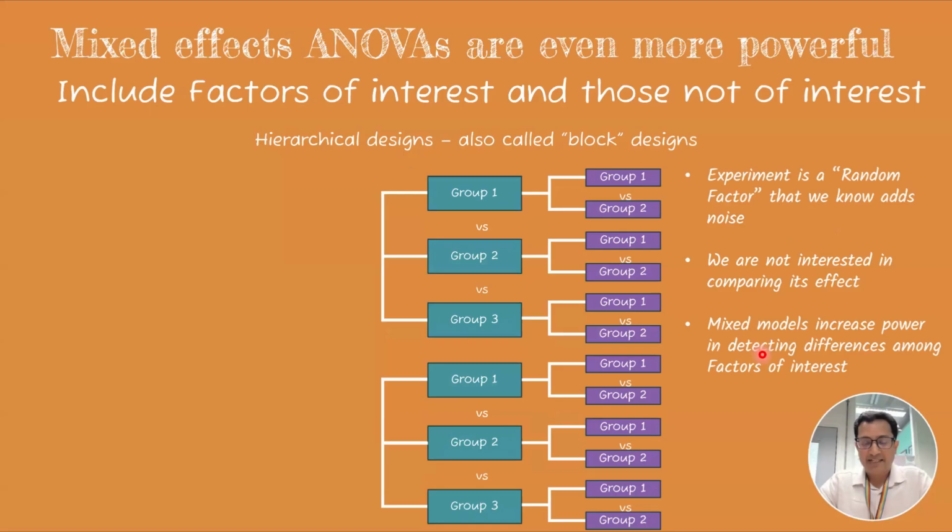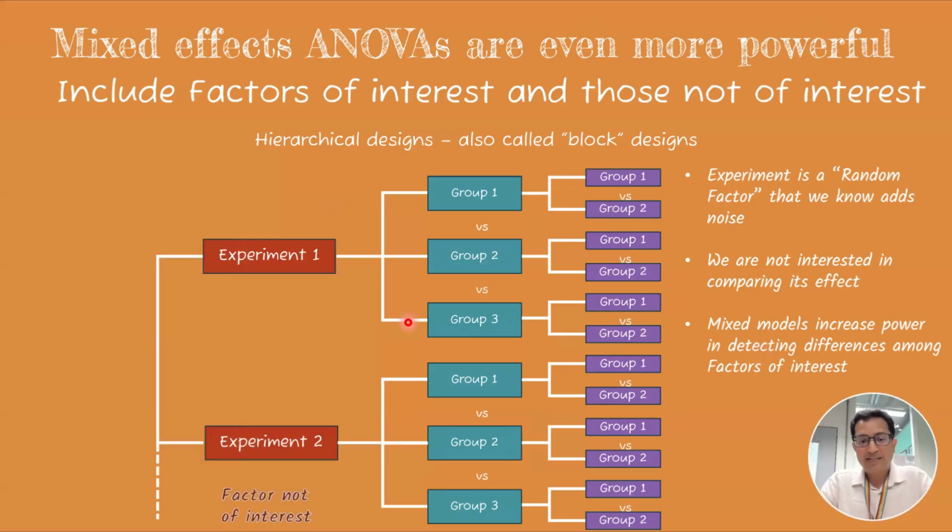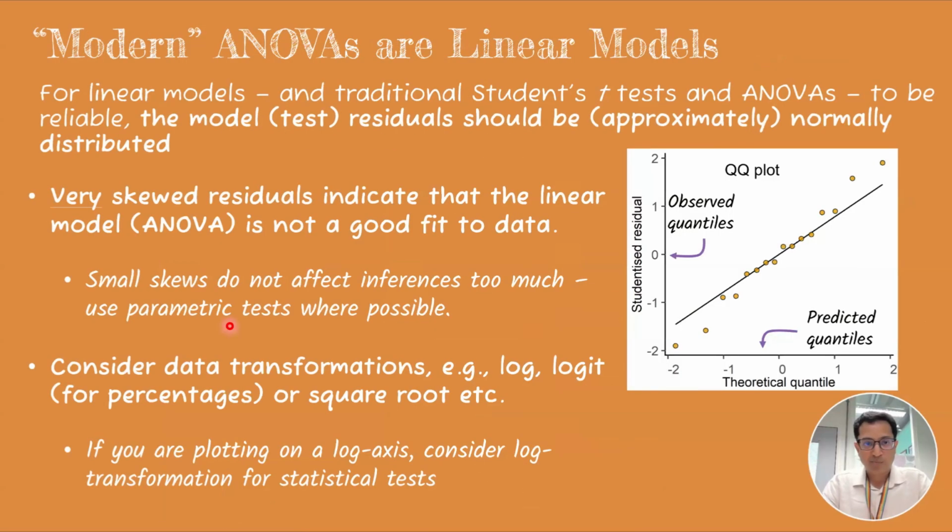But what is even more interesting, and something that you can do in R, which is more powerful, are what are called mixed effects models. Because, for example, we are aware that quite often we would repeat an experiment where these are the groups of interest to us, these are the comparisons we want to make. But we are also aware that when we repeat experiments multiple times independently, there's also experiment-to-experiment variation. And with mixed models, you can have mixed factors, those that are of interest and those that are not of interest. And therefore, you have more power to detect any differences that you're interested in. And this is easily possible in R as compared to most other software.